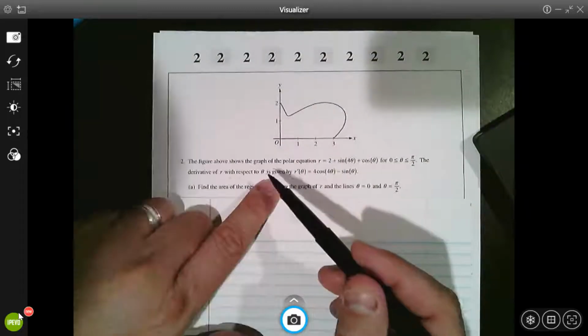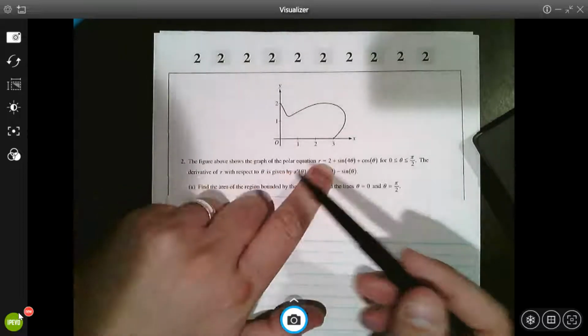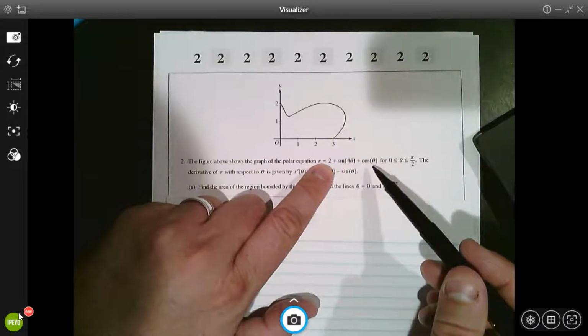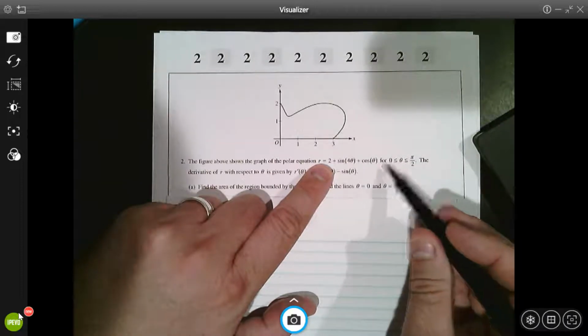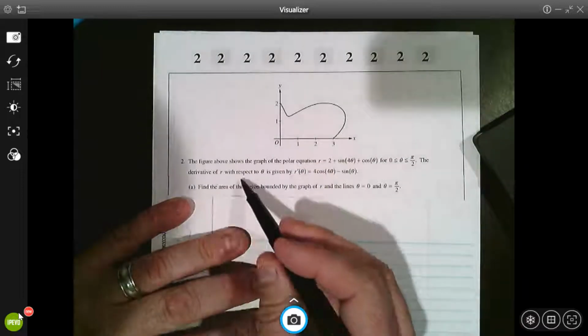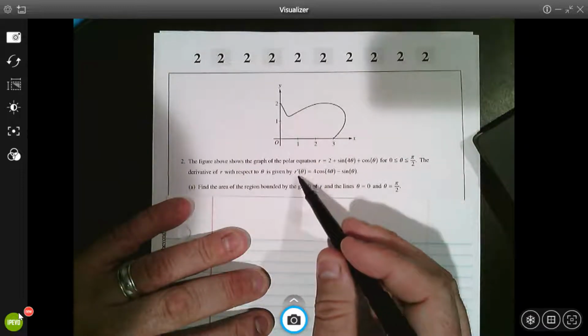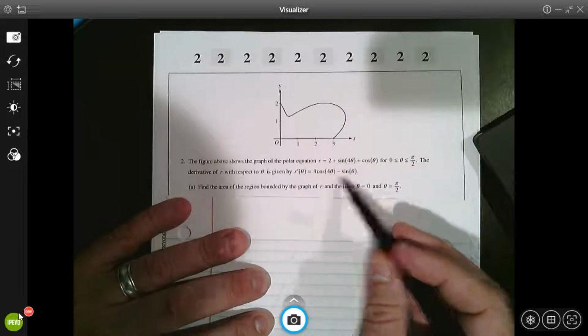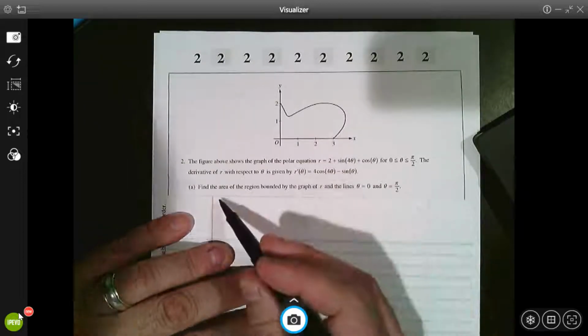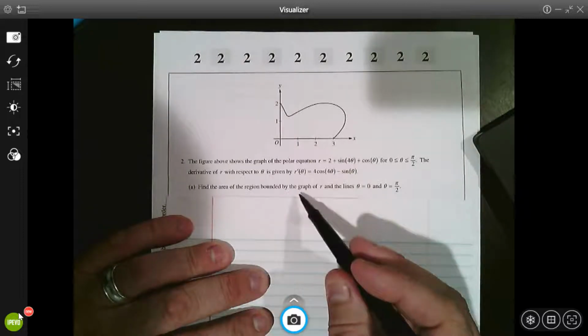The figure above shows the graph of the polar equation r equals 2 plus sine 4 theta plus cosine of theta for the interval 0 less than or equal to theta less than or equal to pi over 2. The derivative of r with respect to theta is given by r prime of theta equals 4 cosine 4 theta minus sine theta. Okay? In part A, we're asked to find the area of the region bounded by the graph